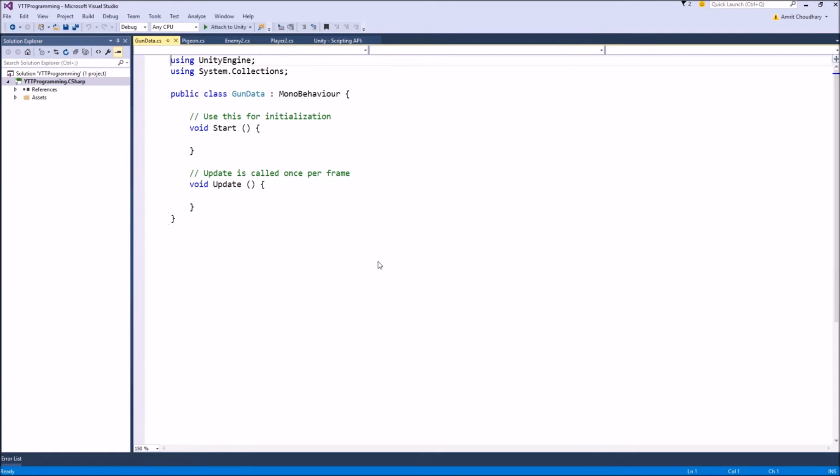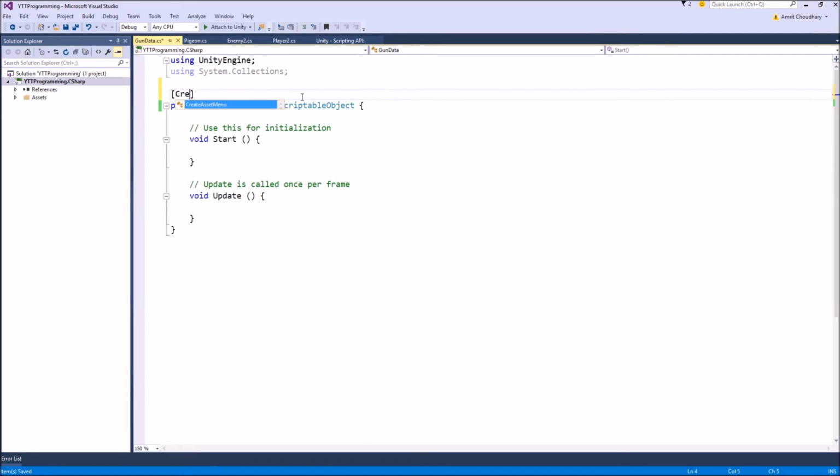And to create scriptable object, all our classes must derive from the scriptable object class. And since gun data is just a template of what are the type of things that we want in our data container, we also need to use the create asset menu